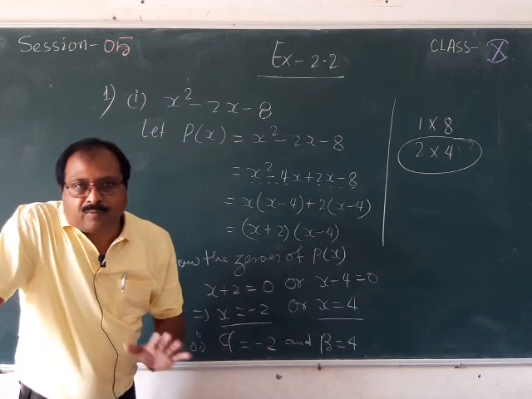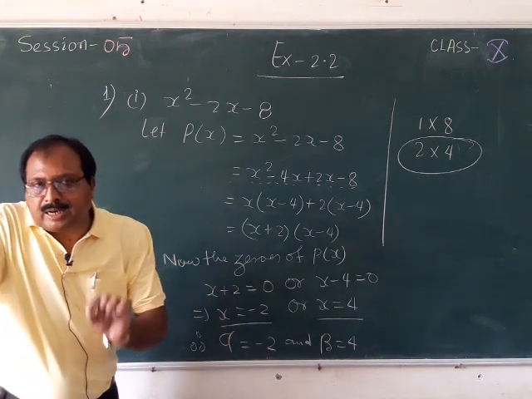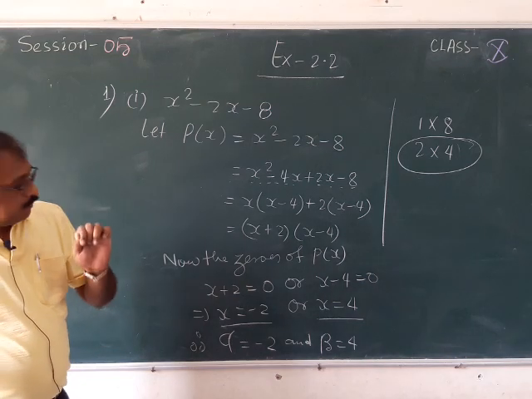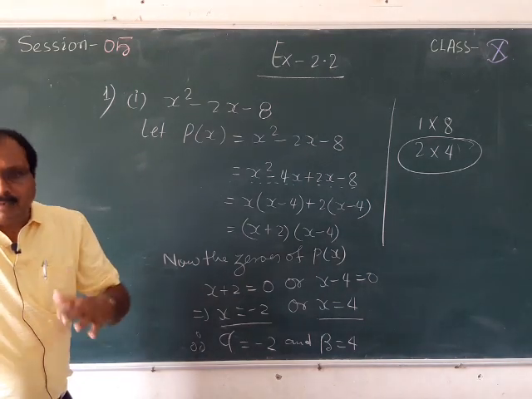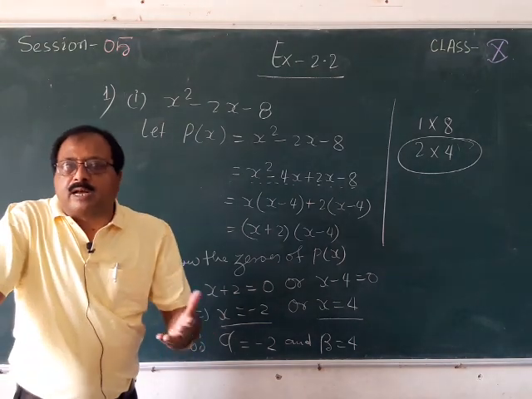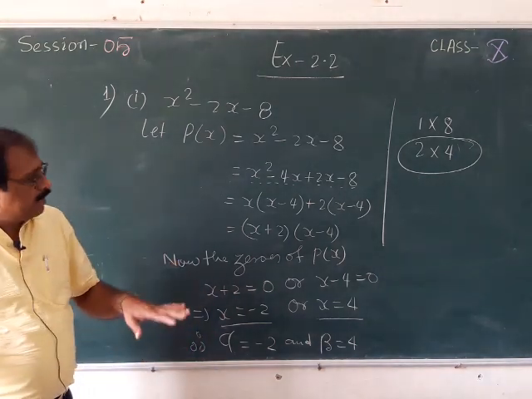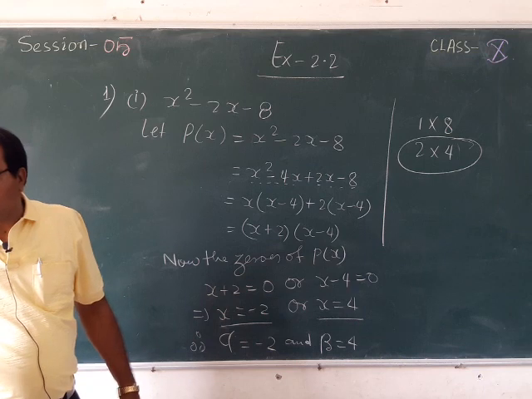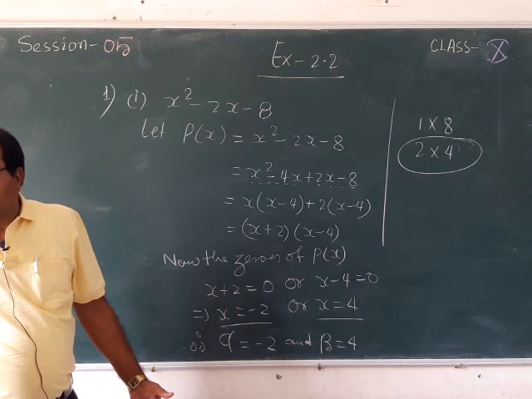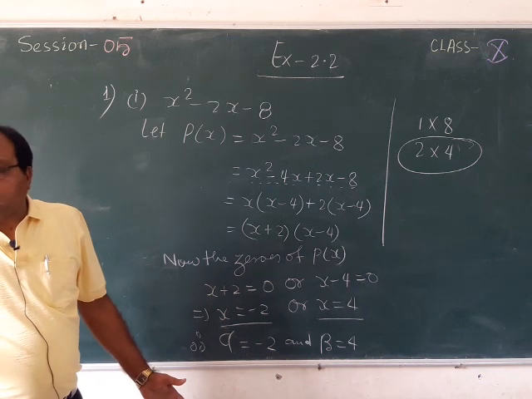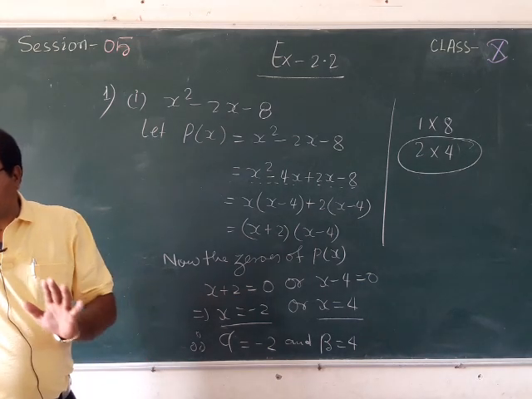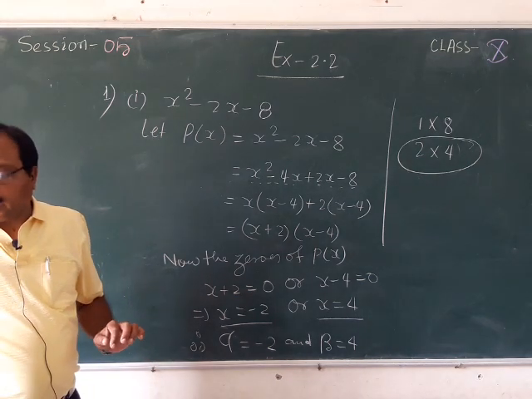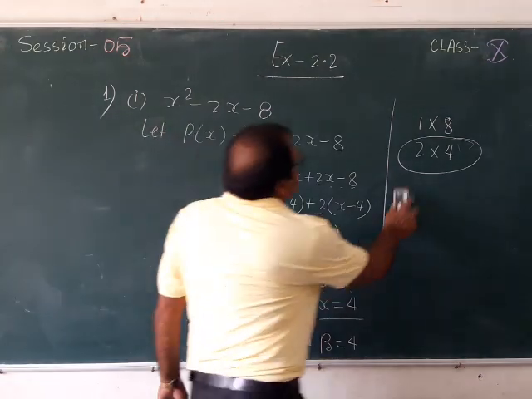Actually these are the values of x itself, but when I am talking about the roots of this quadratic polynomial, you can name them alpha and beta, because in the formulas I have used only alpha and beta. Now we will go for the verification about the relationship between the zeros and the coefficients. So here what to write? We know that